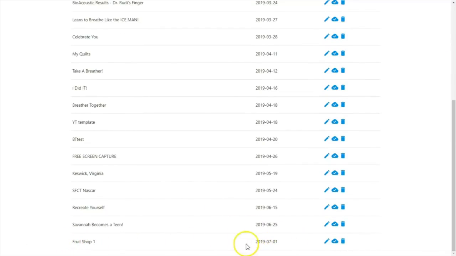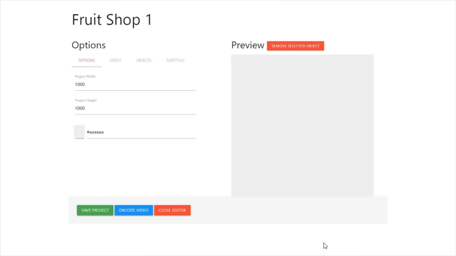Here is the date your video is being created. And then you'll see 3 icons here all the way to the right. Of course, you have the trash can if I want to delete the project entirely. I have a pencil here, and that's where you edit the project. And here with the check mark and the cloud, this is where you can get the encoded results. Once we have them, you can come here and download any results. But I'll show you that again after we make a video. For now, we're going to open this project by clicking on the edit icon, the pencil,